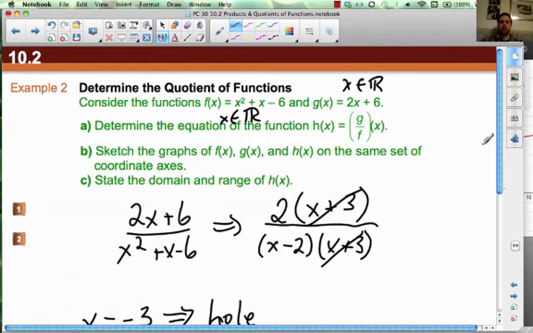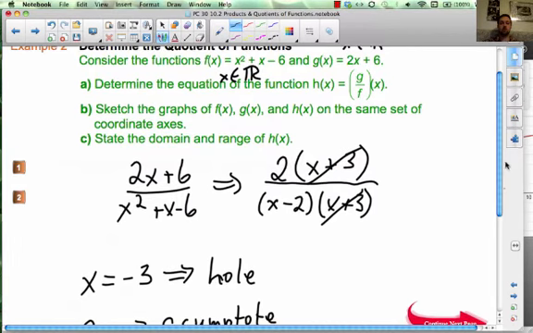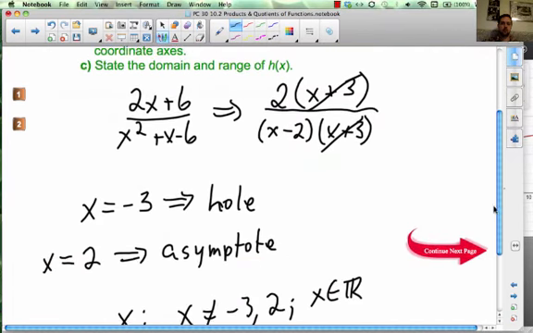Now, all that was brought about because the denominator is not allowed to be 0. So whenever we have f in the denominator, it's these values that can't be 0. If we put g in the denominator, it would be the values of g that made it 0. Okay? So sketching the graphs,